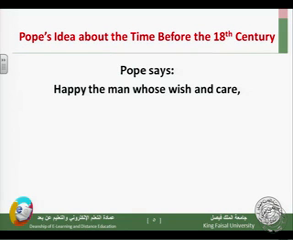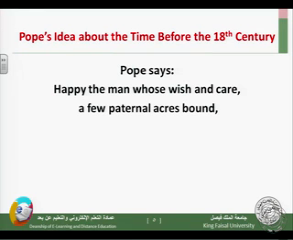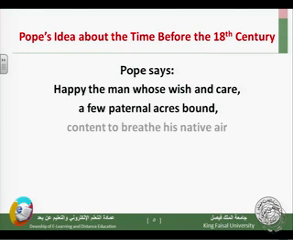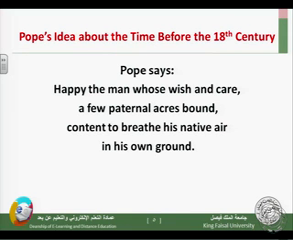He says, "Happy the man whose wish and care a few paternal acres bound, content to breathe his native air in his own ground." Again, happy the man, according to Alexander Pope, and of course not just Alexander Pope, according to everyone who lived before the 18th century, the happiest man ever was the one whose only wish in life is to have a piece of land